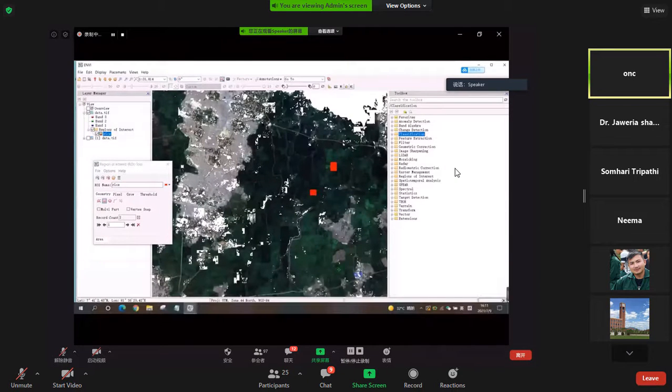Okay, here is for the ROI selection. Here we will create the ROI for the rice, and you can create a new ROI, and then